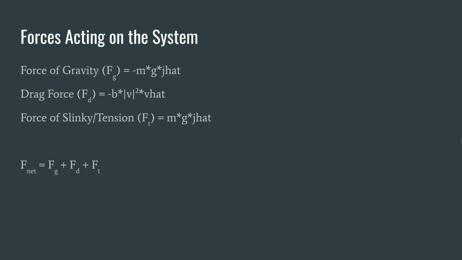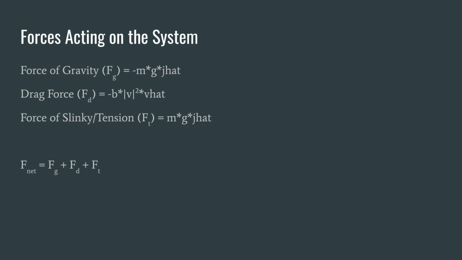The forces acting on the system are the force of gravity, which is equal to negative mg j hat, m being the mass of the system, g being the gravitational constant, and j hat being the unit vector in the positive y direction. There will also be drag force, which is negative b times the magnitude of velocity squared times v hat, b being the proportionality constant for the magnitude of the drag force, and v hat being the unit